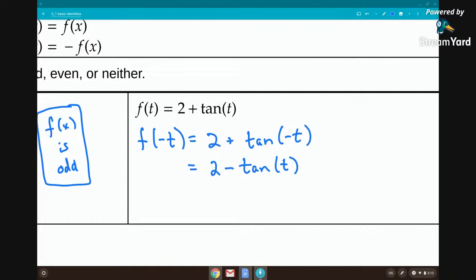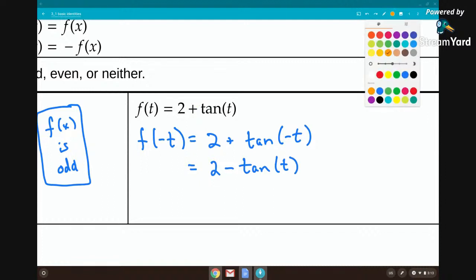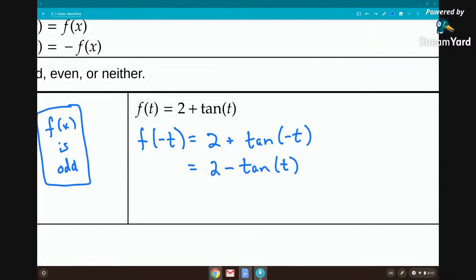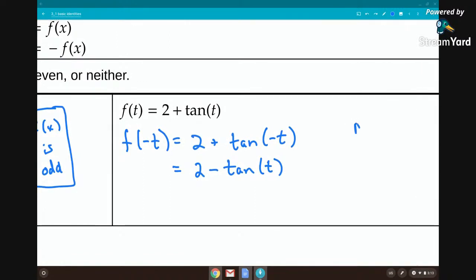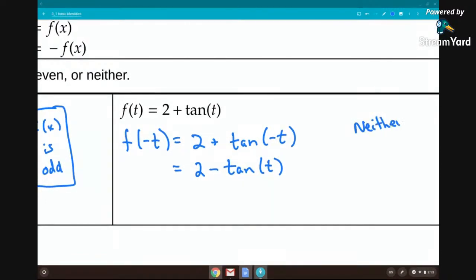Now when I look at the expression, I have a positive 2 in f right here. This is positive 2. So far they're identical, but the sign in between them is not the same, and we can't make it the same any legal way, not that we want to. So basically, this is neither odd